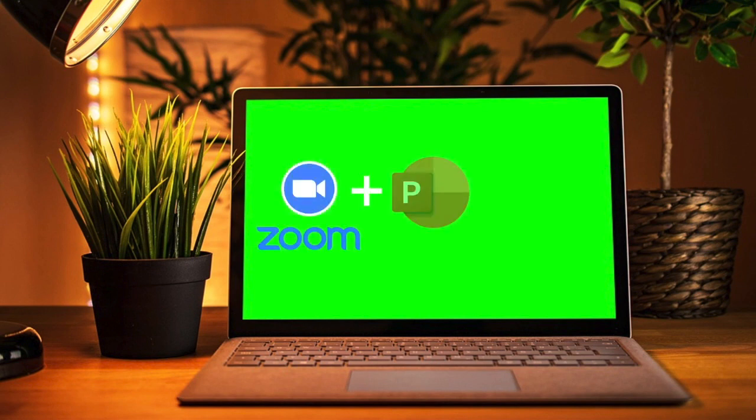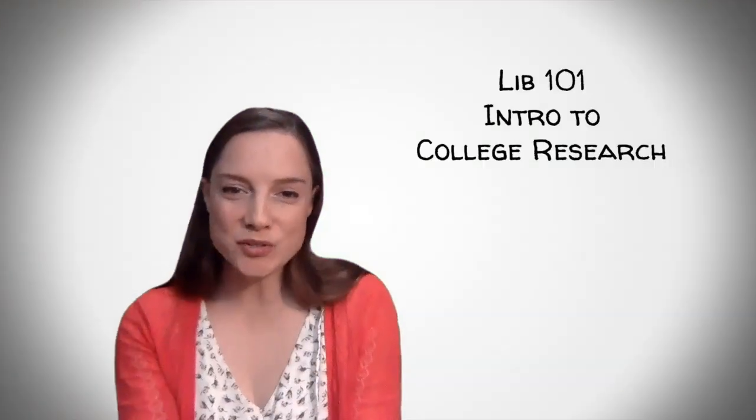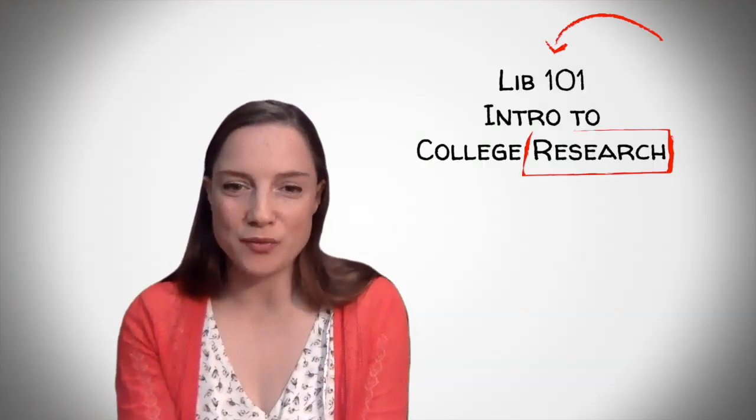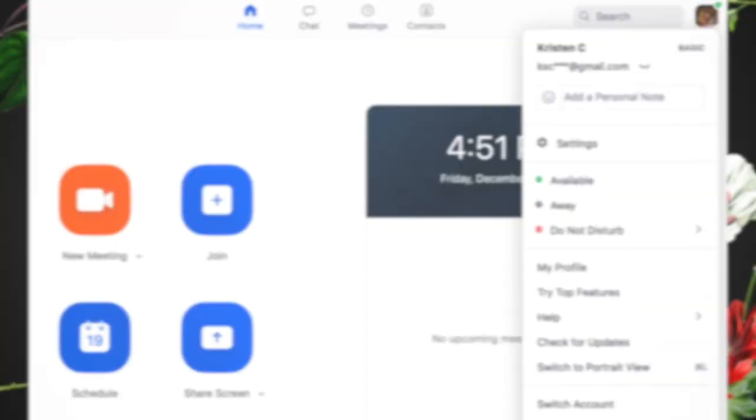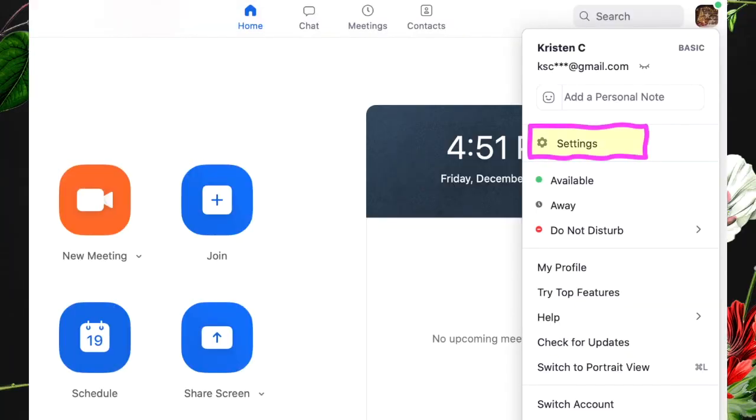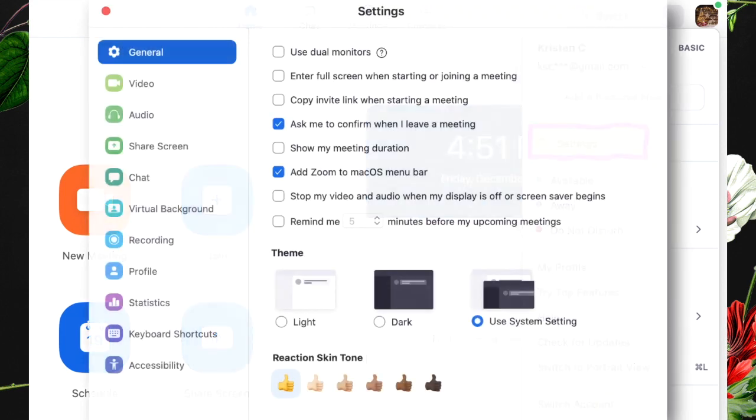Take everything you've learned to the next level by using a green screen effect. The green screen effect is a great way to insert yourself right into the PowerPoint presentation you've just worked so hard to create. You need not worry about purchasing a green screen or designing a studio. Simply locate a free green background online and use it as your virtual background in Zoom.